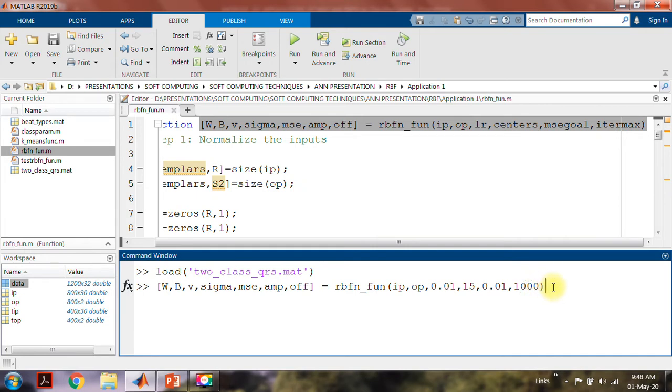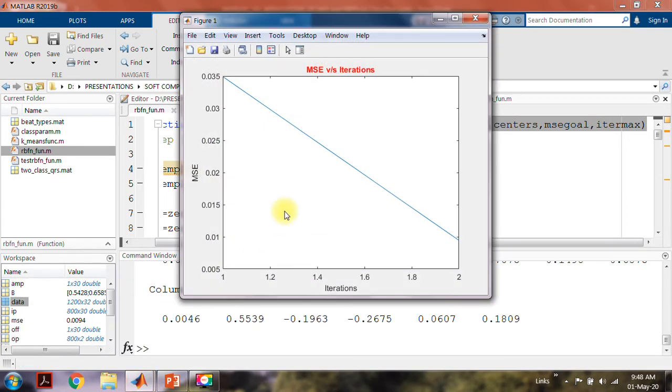So let us see how it performs. So you can see that it has already converged, okay, within only 2 steps. So let us see whether really it is giving me correct results, because this looks a little bit dubious.